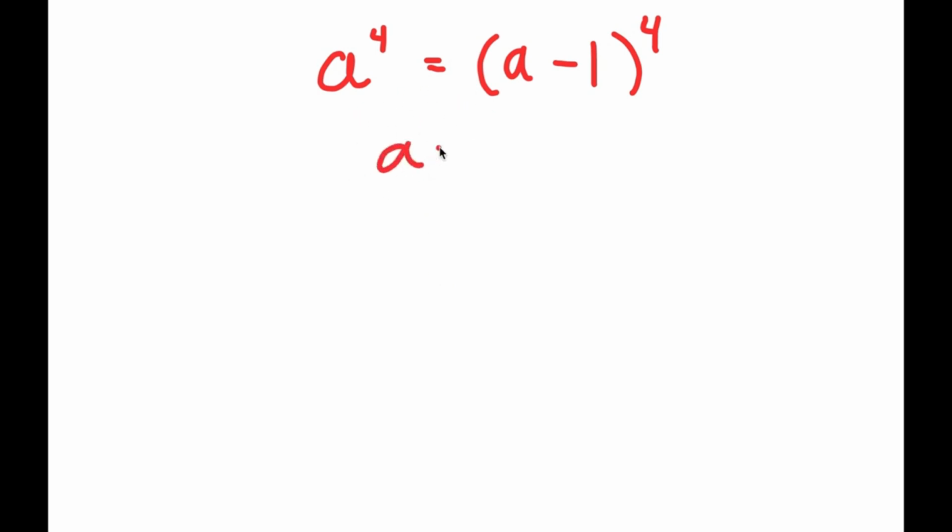Alright, so in this video, I'm going to be solving the equation a to the power of 4 is equal to a minus 1 to the power of 4. So to solve this, my only variable in this equation is a, which is the variable I'm going to be solving for. And now for my solution,